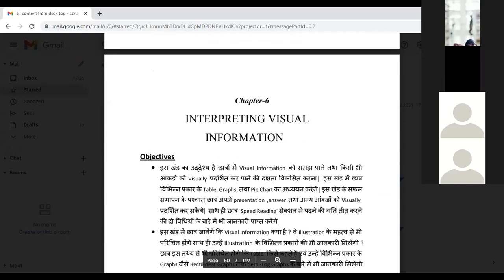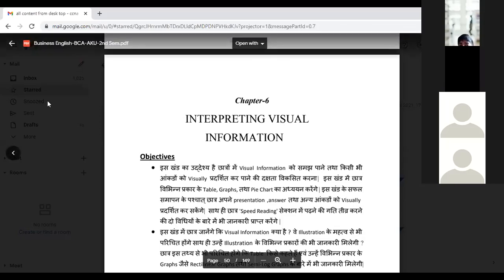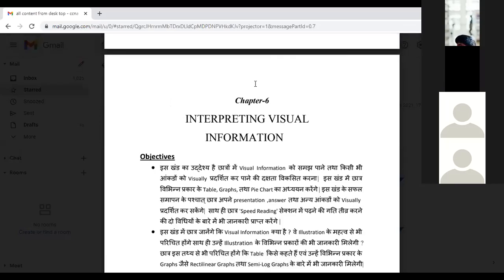And we are starting interpreting visual information. Something you read in a paragraph, understand, see and write, and something you see in pictures, a visual picture, and then start speaking about it. So visual is something which you see, visual information. Supposing there is a poster for Jal Jeevan Hariyali. There is no paragraph, no text, the poster is there. Now how can you present that? How can you present a picture story? There will be no text.